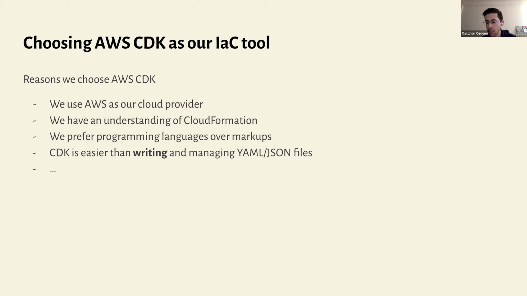I've seen a question on the chat. Let me talk about that a little bit. So the question is how important it is to use one or more IACs and CDKs, which is a good approach, using one infra as code service or multiple. That really depends on your architecture. AWS CDK obviously only works on AWS. So if you have some resources on Google Cloud or Microsoft Azure, you will want to use some